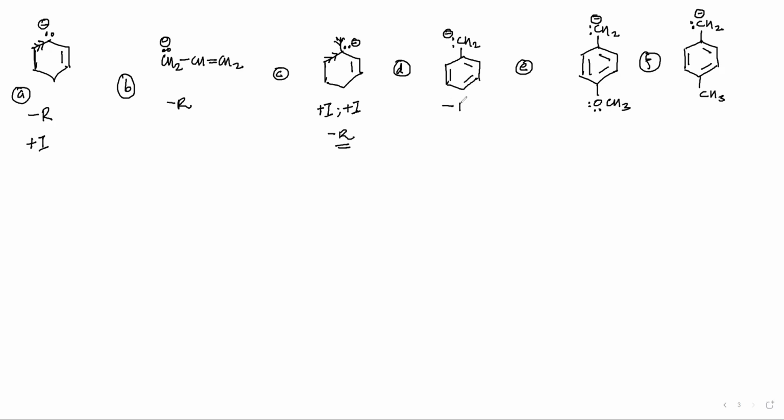Now here there is minus R, but see how many pi bonds there are? Three pi bonds. So the number of resonating structures would be more. So minus R plus multiple resonating structures. That means as the number of resonating structures increases, the delocalization increases, the charge density decreases, and the charged species becomes more stable. Now, if you look here, this has an electron donating effect because this is an atom with a lone pair, and this atom is not attached to any electronegative atom. Hence, this is giving plus R.